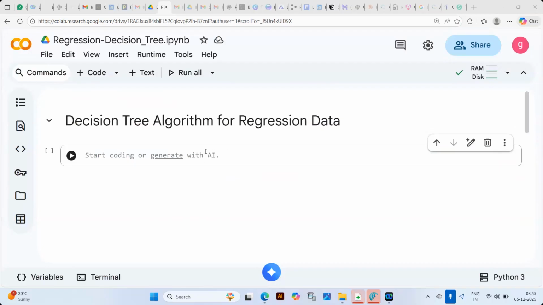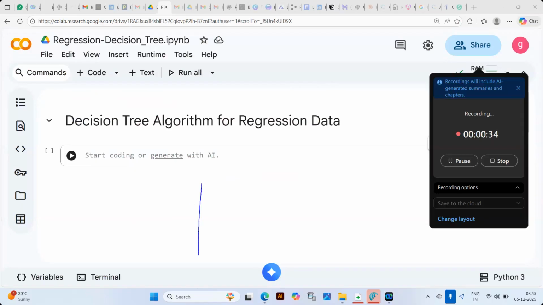Today I'm talking about the decision tree algorithm for regression data. In yesterday's class, we saw the decision tree for categorical data for classification. But today, the input features are going to be continuous data. The input features are regression data. How it will be able to categorize is the problem. I hope you will be able to understand that in yesterday's class,